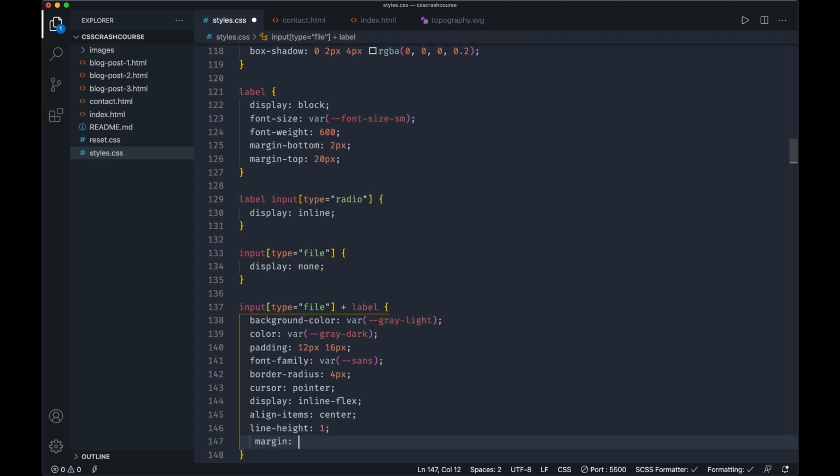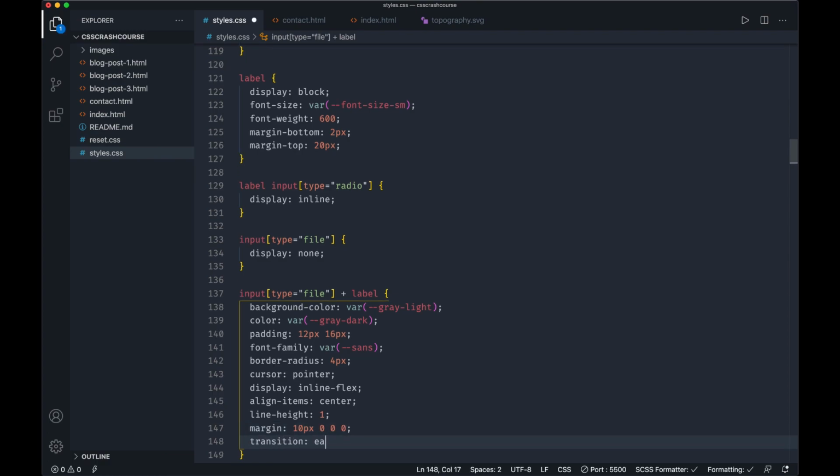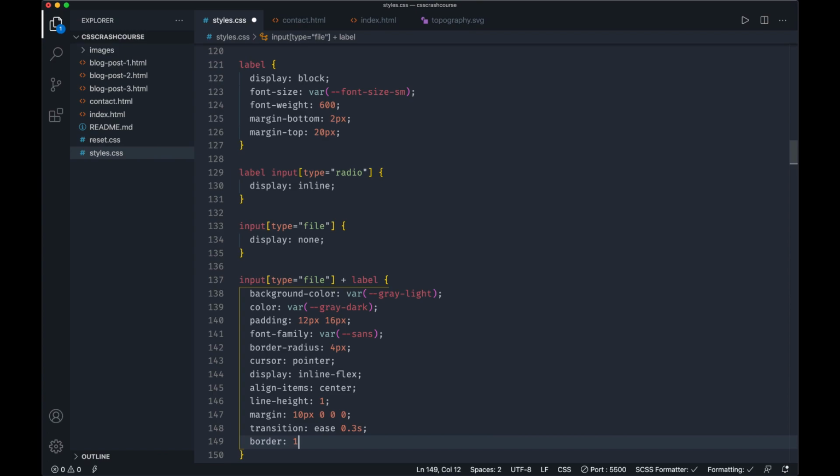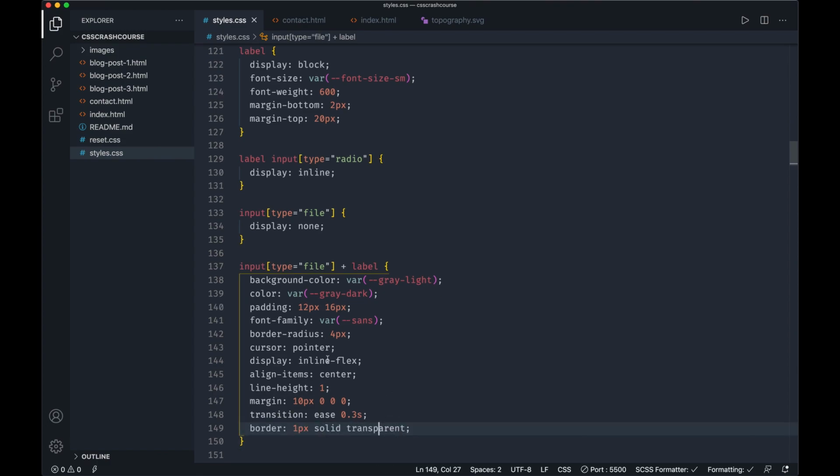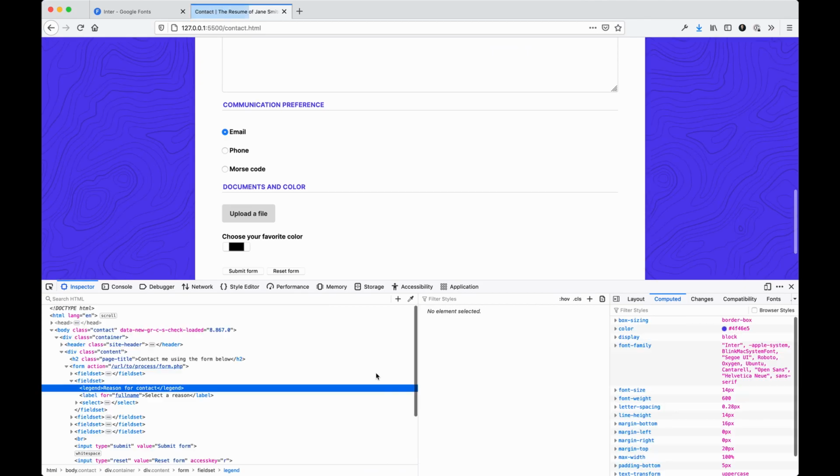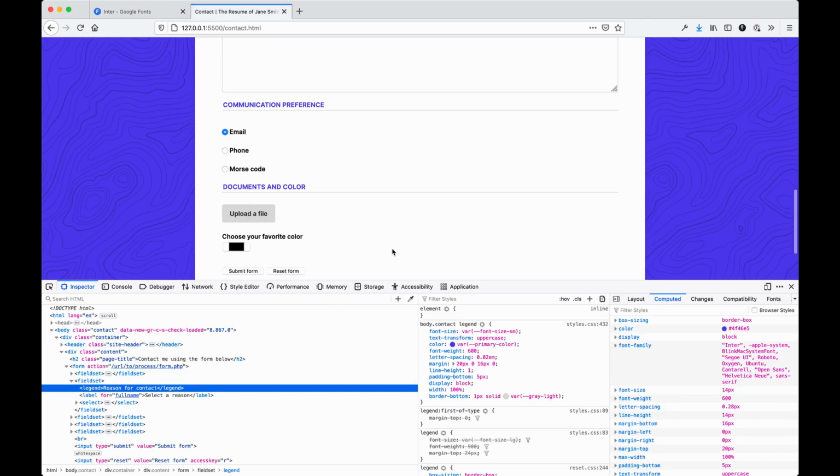margin 10 pixels, and then transition 3 seconds. Border will be 1 pixel solid transparent. So what's happening with this transition property is we're setting this globally. So every type of display, whatever it is, we're just setting some basic transition on everything. Before, we've done specific colors or background color. This is a way to just apply it to all of it. And then we have a border of 1 pixel, which basically won't render a pixel, but we're able to have a hover effect as a result,